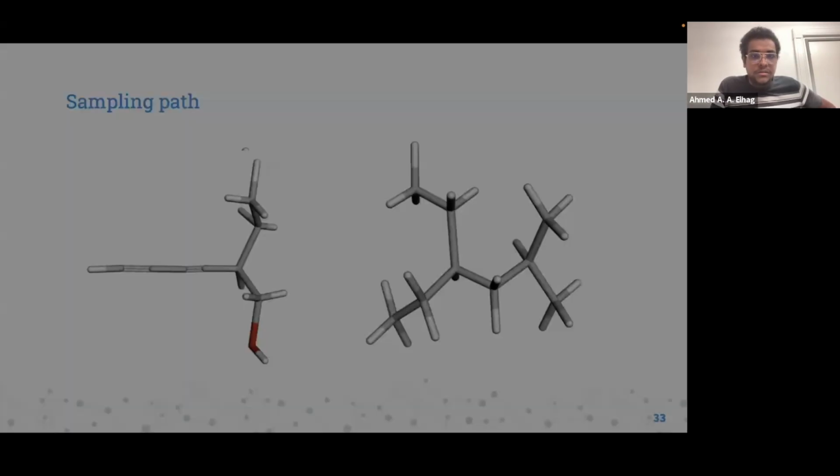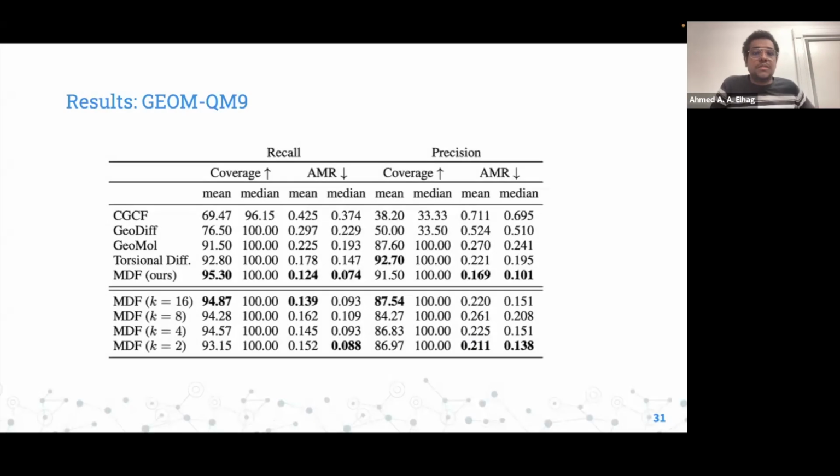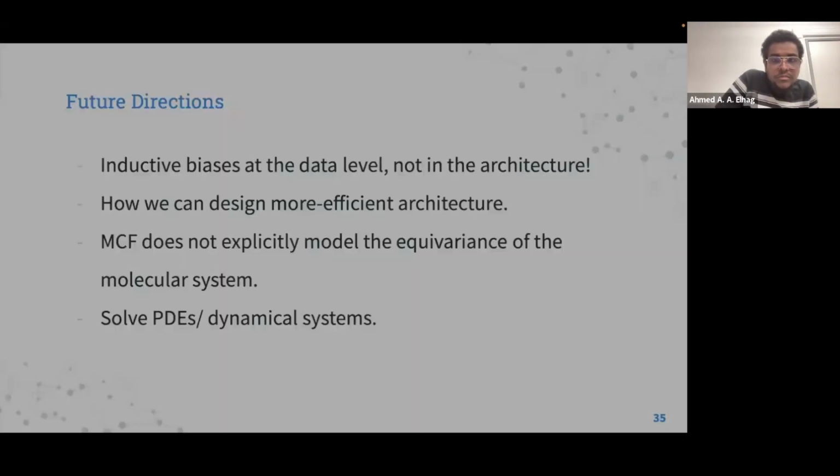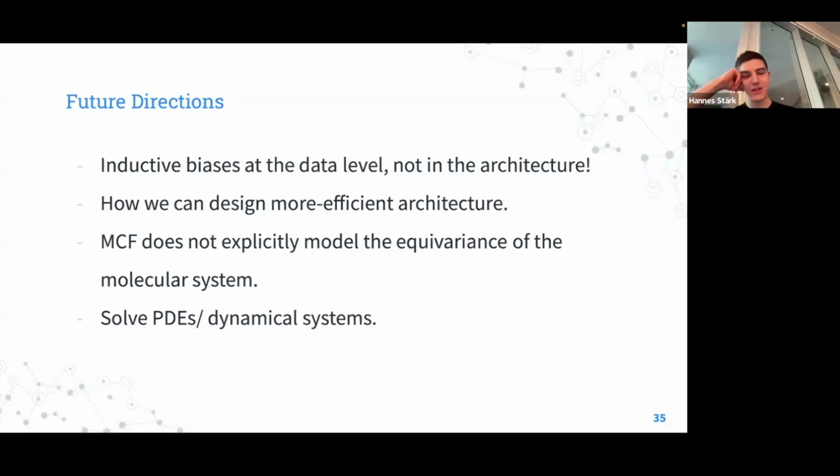So here we're still using the same architecture we have on meshes. This is not a GNN. And there is a lot of open direction here, like what if you combine this with an equivariant architecture? Okay. And the last thing is how you can use MDF to